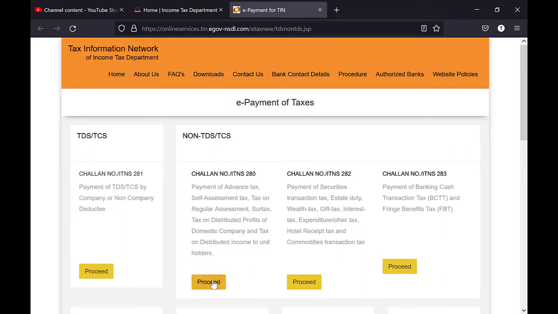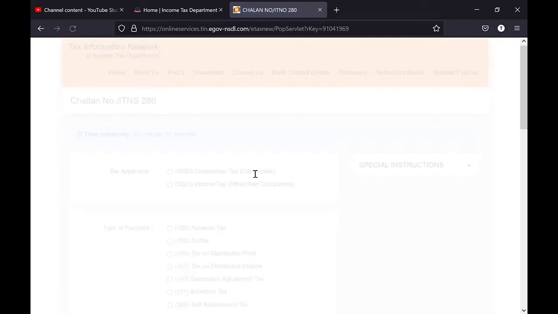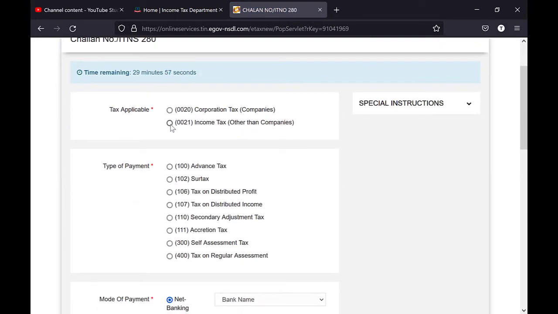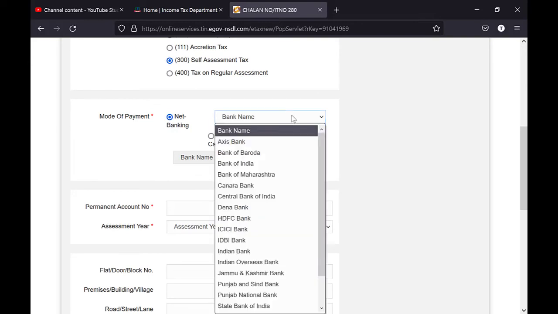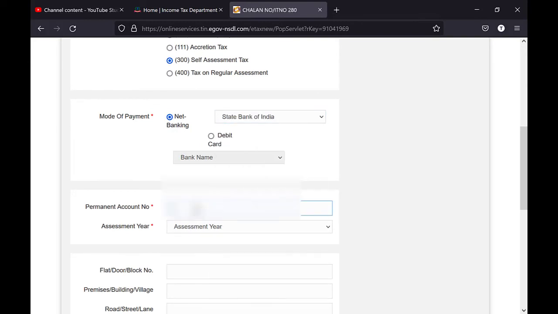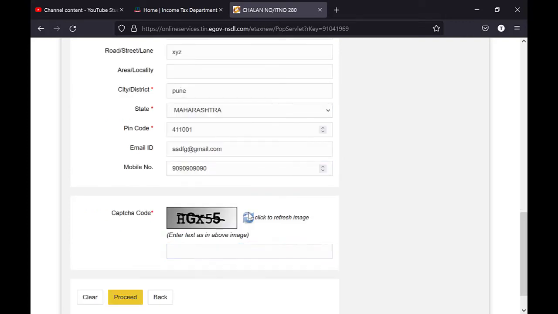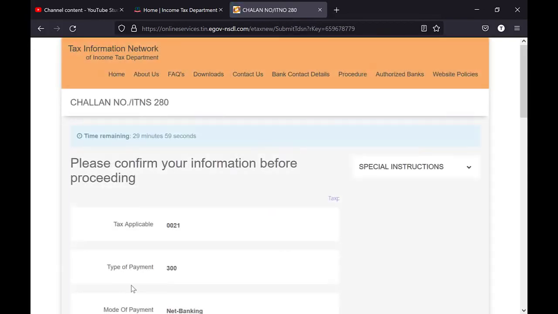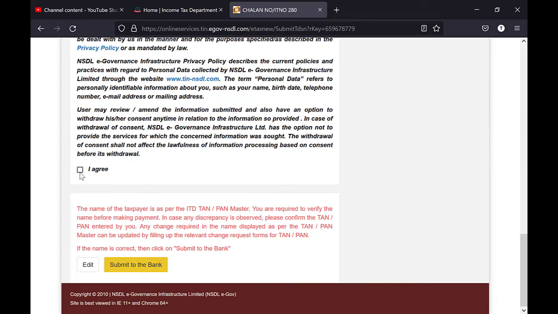Again the same process: select 280, proceed, and once you proceed, fill in the basic details, 21, 300. Net banking, this time we'll use SBI. Fill in your other basic details, fill in the captcha code, verify all the details, click on the I agree button and submit.